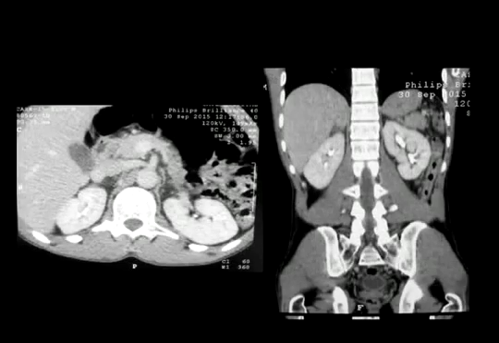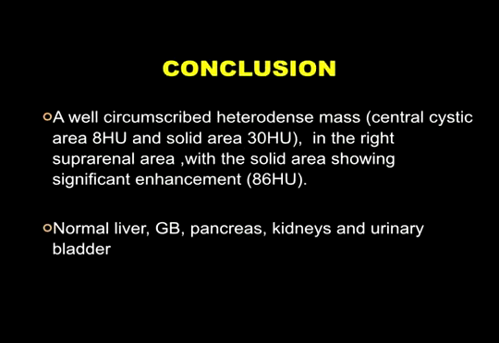These images just show us that other organs were normal. These are the kidneys ably taking up contrast, the pancreatic head, the aorta, and then we see the gallbladder and the liver at that level. So still, same mass, well circumscribed, heterodense with areas of necrosis and solid areas significantly and ably taking up contrast. Other organs were normal, and taking into account the history and the presentation of the patients, a phaeochromocytoma is the